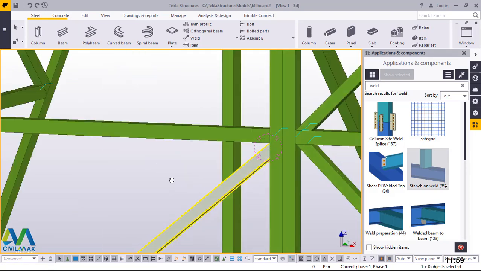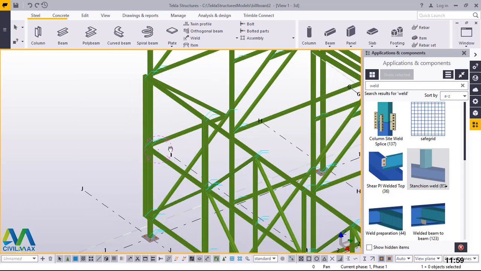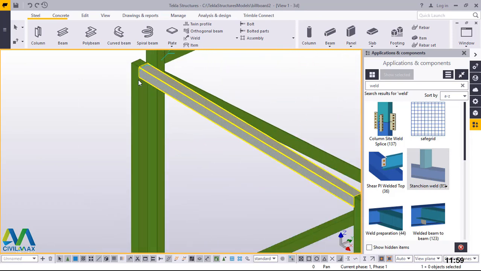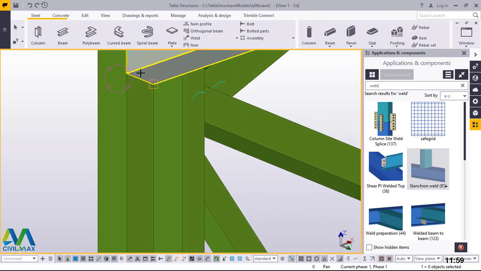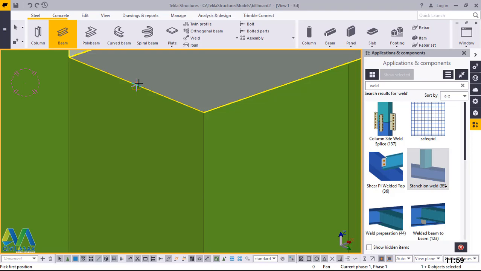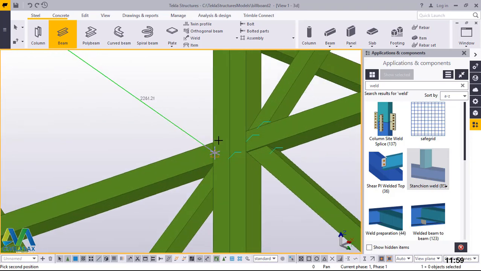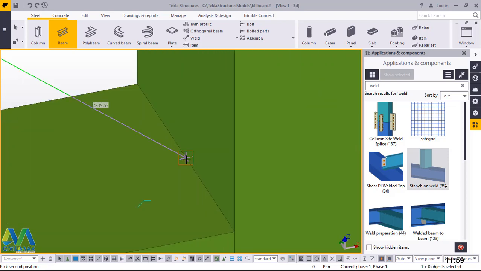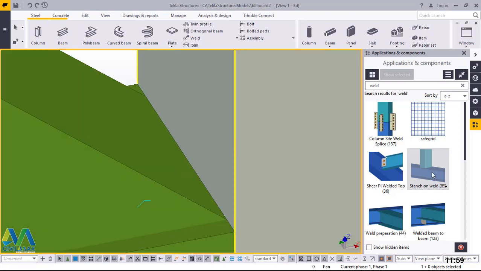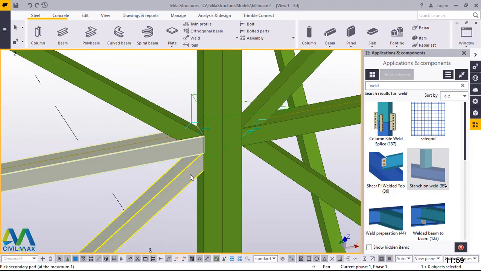I'll press control and turn round and do exactly the same thing here by coming to beam and snapping right at the bottom end here and targeting the point below this. Press control and turn round and snap right here. Perfect. I'll come here and weld this to that and weld this one to this one, this one to that one,